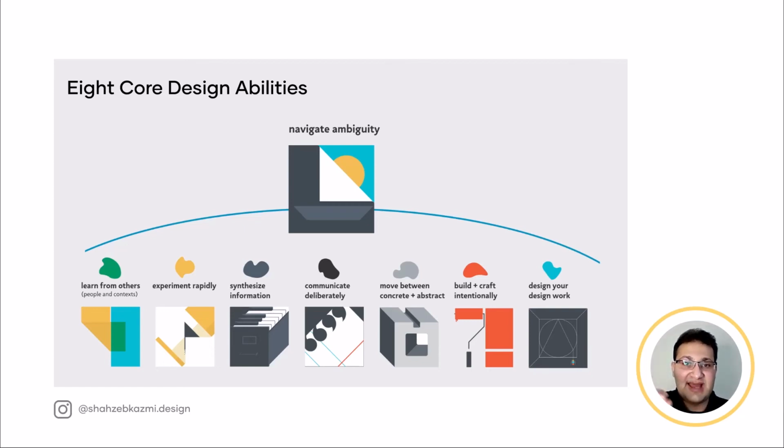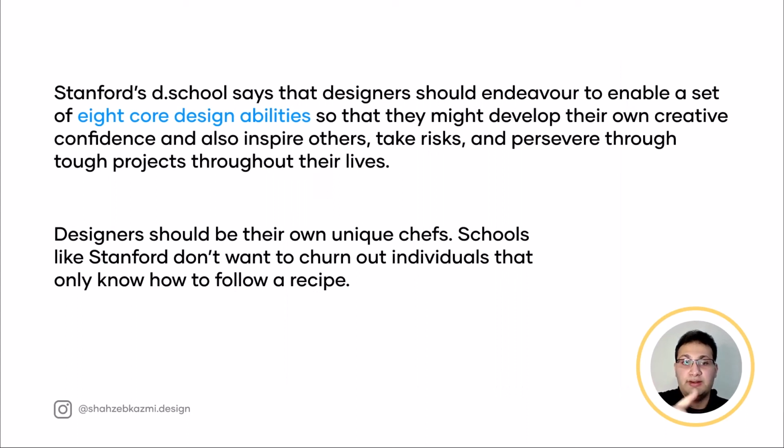The biggest one is the ability to navigate ambiguity. Then we have learn from others, essentially people and context. Then the ability to experiment rapidly, to synthesize information, to communicate deliberately, move between concrete and abstract easily, build and craft intentionally, and then design your design work. These are the 8 core design abilities which Stanford says every designer should possess in order to have creative confidence and also inspire others, take risks,